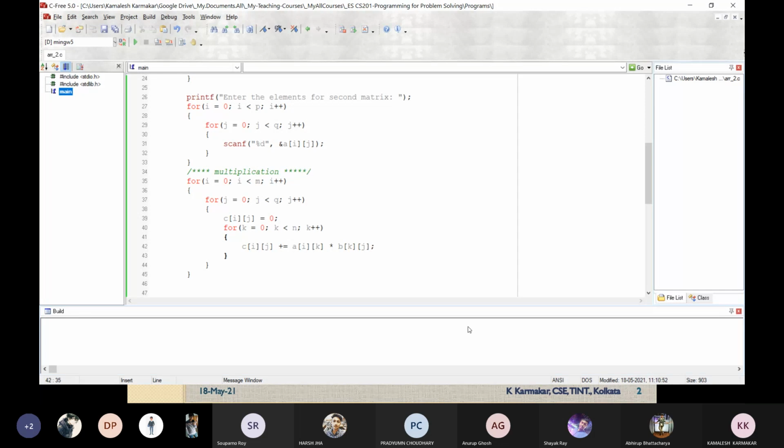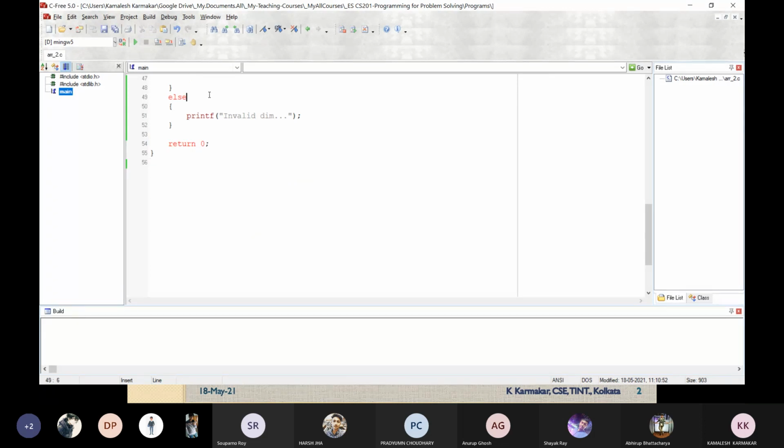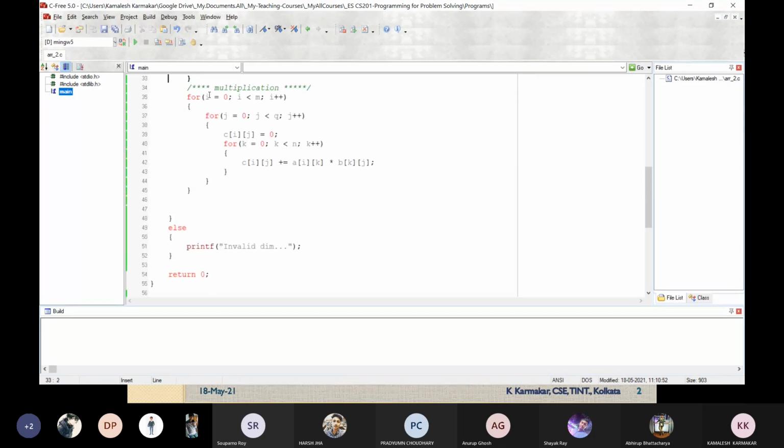Now after calculating it, I want to print the values. So I will copy the loop, and here I want to print the values. Now let us write the logic to print the values.